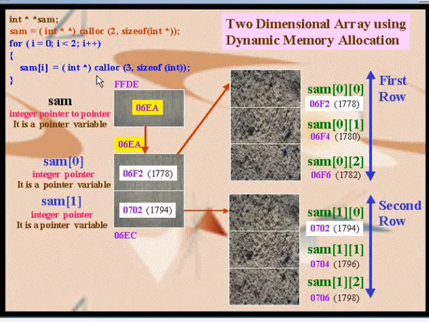You observe the address of Sam10, it is 0702. So add 2 to this address, so we'll get 0704. Again if you add 2, then we'll get 0706. So these three integer data types are in a continuous memory location. Is it clear? So there are this Sam0, Sam1, these three elements, and these three elements, they are stored at different memory locations. Understood the concept?